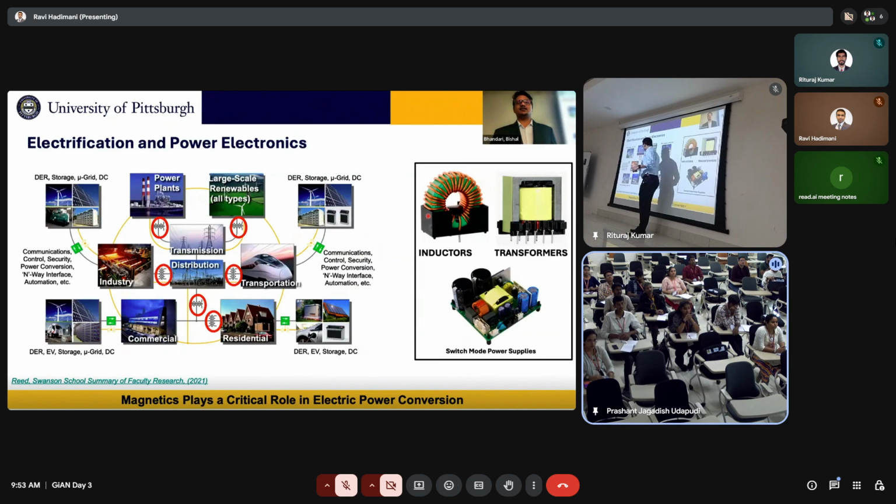When electricity is generated by hydroelectric or coal power plants or nuclear power plants, whatever it is, it needs to be supplied, and you use transformers to step up the voltage to really high voltage. We are talking in terms of megavolts or hundreds of kilovolts. You do that so that it has less resistance and you can transfer the electricity with little loss. Okay, so you step up. To step up, you need transformers, and for transformers,